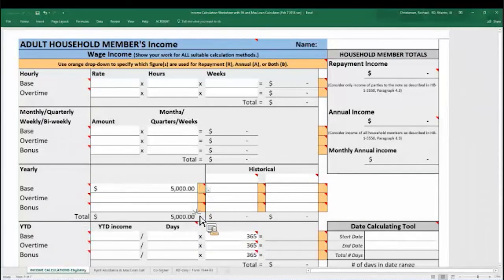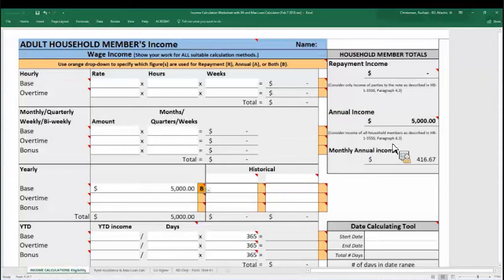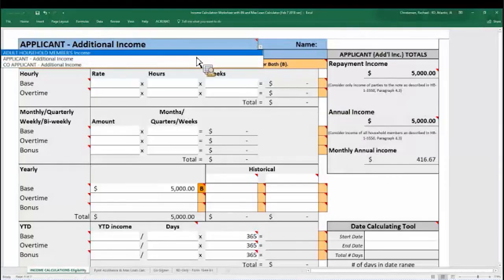And if we would select both by accident, it would only put the adult household members' income in annual income because they would not be considered for repayment. If this would have been the applicant's additional income page, it would allow us to use it for both, and the same for the co-applicant.